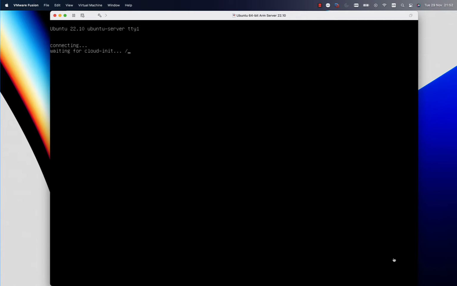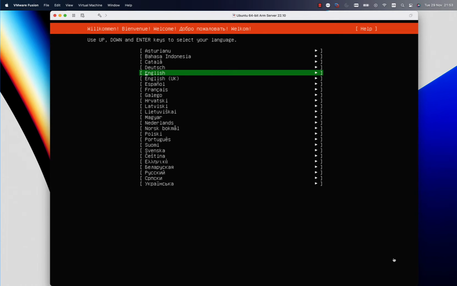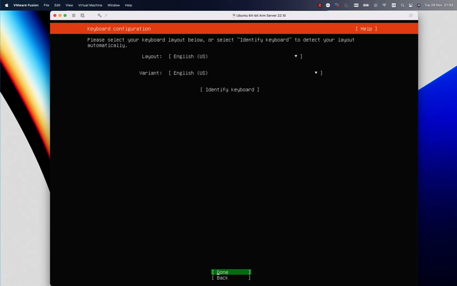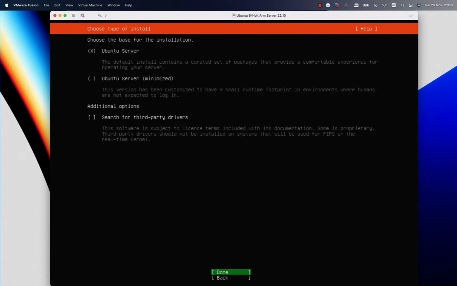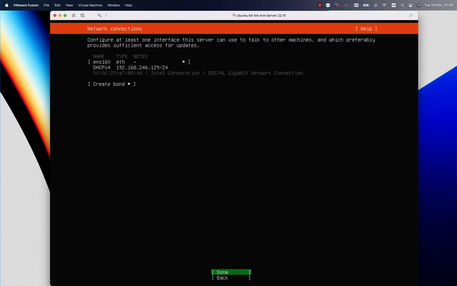This is a guided process that is asking us some questions, and it looks very command line, it's like a console interaction. As you can see, I can go down, up, and select an option hitting enter. So let me proceed with English language. It's also asking what is the keyboard layout and if we want the full Ubuntu server or only a minimized